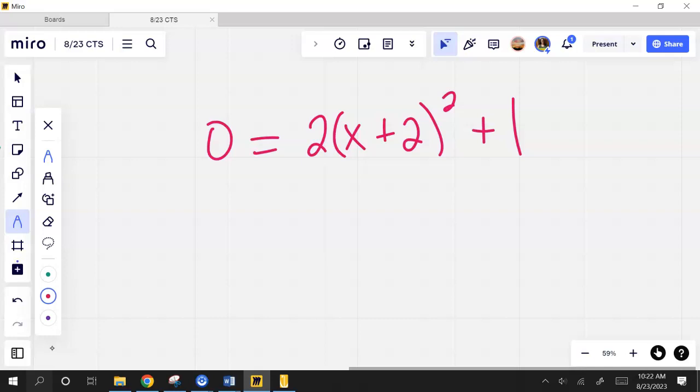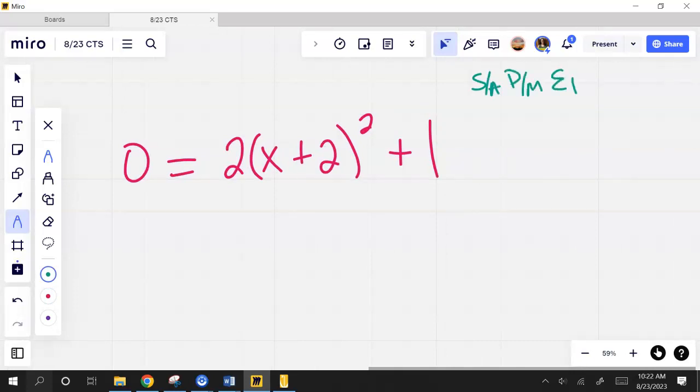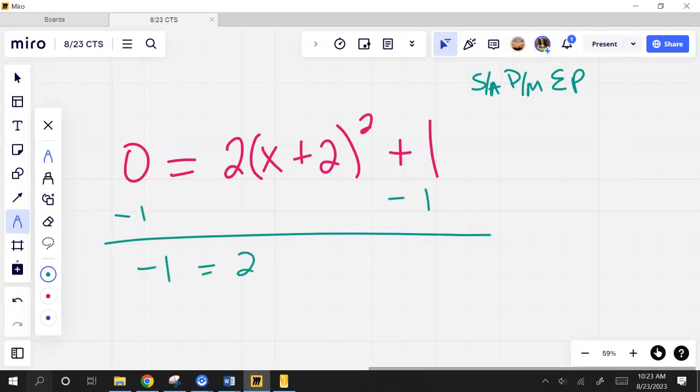I only see x written one time, right? That tells me I can SAD map my way out of it. Now, what do I mean by SAD mapping my way out of it? Backwards PEMDAS. Parentheses are absolutely last. So what do I do first to get x by itself? Subtract 1. When I subtract 1, I get negative 1 equals